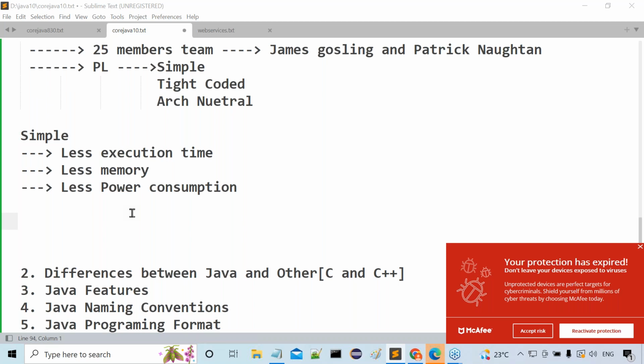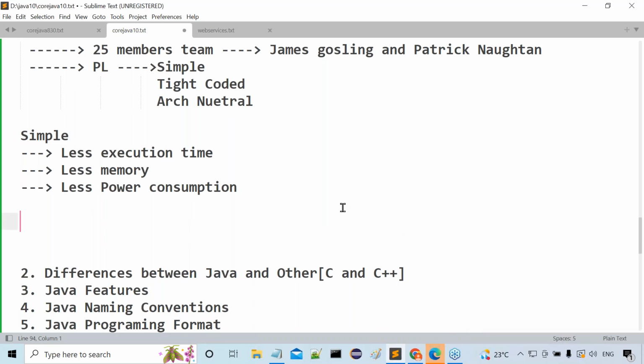Previously, for example, I had a remote controller. I used to change the battery of the remote controller every 6 months. But unfortunately, what happened?